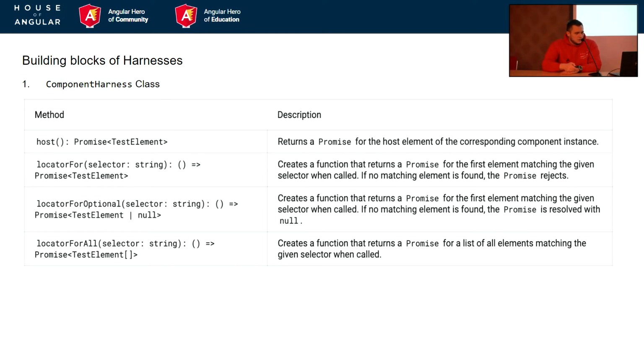I can briefly go through these functions, but as I said, they are mostly dedicated to finding the element in the scope of the component DOM. The differences between them are just the purpose and expected result. In the case of locatorFor, it will return a promise with the test element, or will reject the promise. locatorForOptional will do exactly the same, but in case of not finding the element, it will return null. And locatorForAll will look for a collection of elements and will behave exactly the same as locatorFor. Host returns the instance of our component. And this test element,